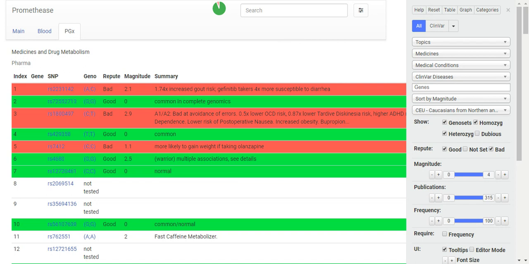And you can just find a whole bunch of things about yourself in here, and whether certain medications are useful to you or not, and in what situations it would be bad or good to have those medications utilized. It also tells you if you're a fast caffeine metabolizer and your likelihood for lactose intolerance.